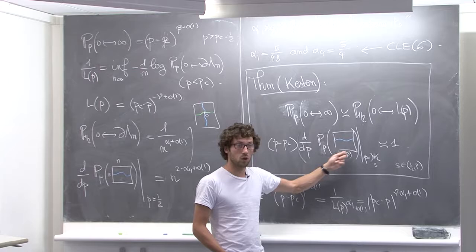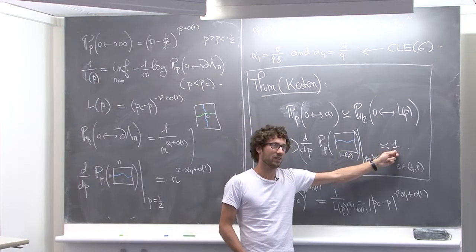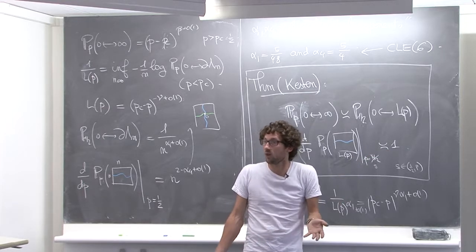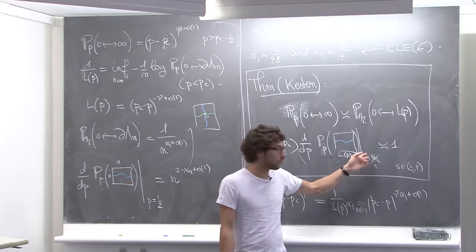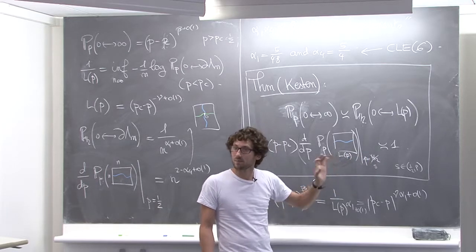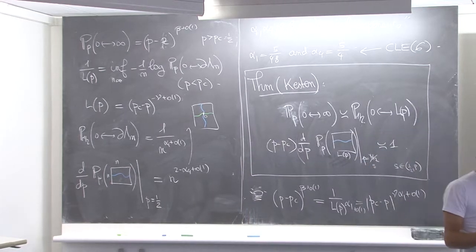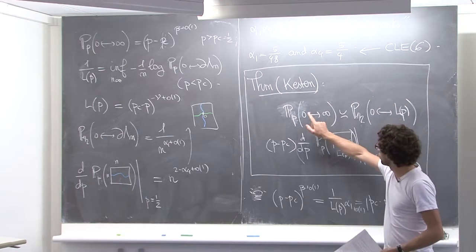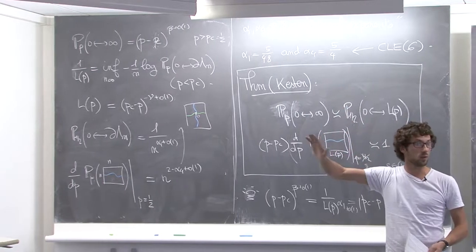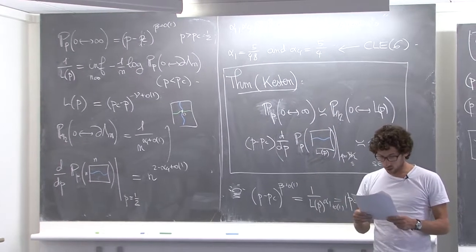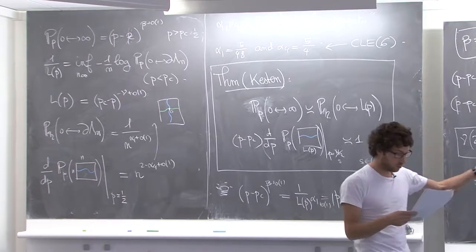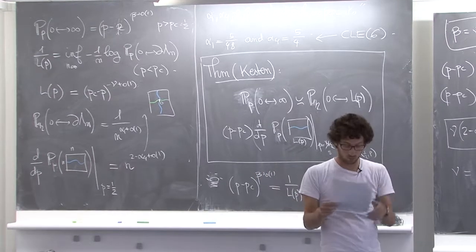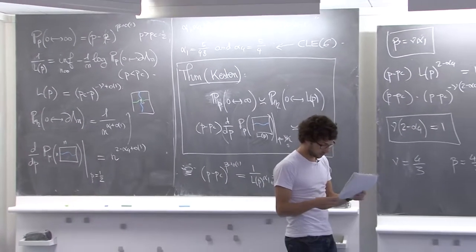And that's exactly what is going to allow you here to say not only that it's smaller or equal to 1, as I said, because it's the difference of two probabilities, but it's also larger or equal to 1/4, because you go from 1/2 to 1/4. So this was the object of question 7, and also to prove to you that going from L(p) to infinity costs you something which is uniform. Question 8 was just to speak about more complicated arm events, with many paths going from 0 to the boundary, which is also useful for these things.